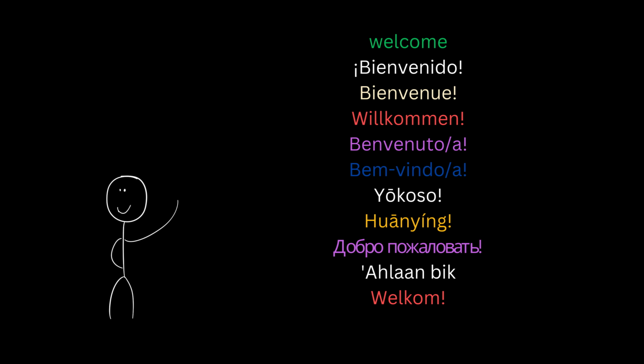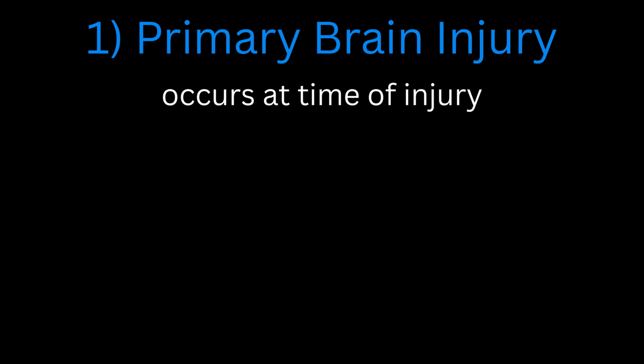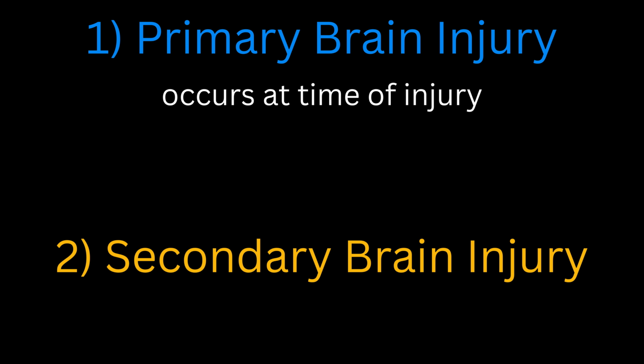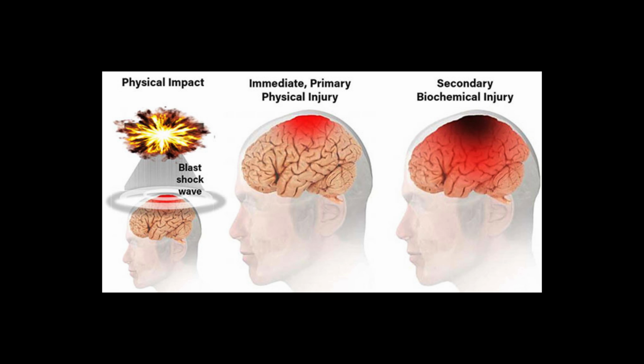Today, we're going to be talking about the pathophysiology of brain injuries. So firstly, if someone, let's say, bumps their head, you can get a primary brain injury, which occurs at the time of the injury. You can also get a secondary brain injury, which actually occurs following the primary event as a result of either hypoxia, hypercarbia, which is high CO2 in the blood, or hypoperfusion, hyper meaning too much, and